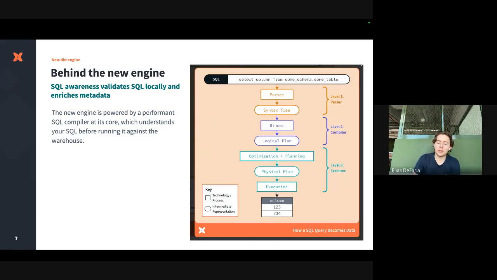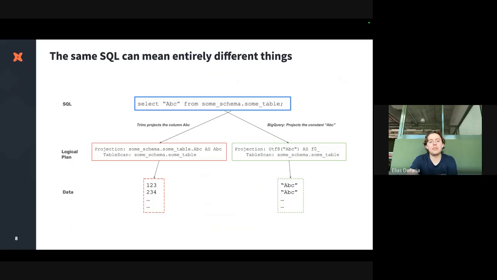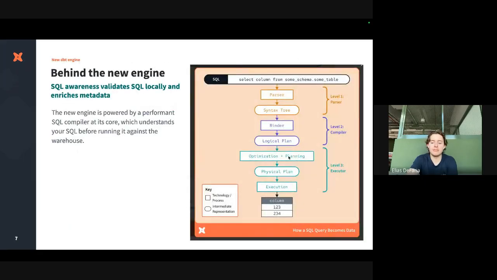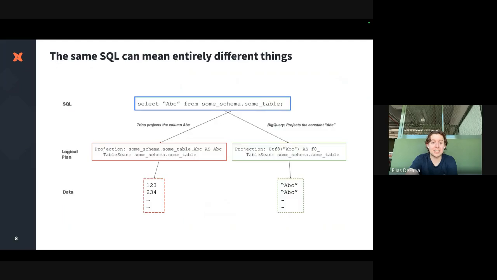All those wonderful details. And you might have looked at that diagram and thought, you know what, I could build that. And if you are that person, that's cool. That's awesome. Good for you. I was not that person when we started this, and the reason I wasn't is because the same SQL can mean entirely different things based on the dialect, right? And when suddenly you want to scale that SQL understanding across multiple dialects, multiple databases, and you want one engine that can emulate them all,